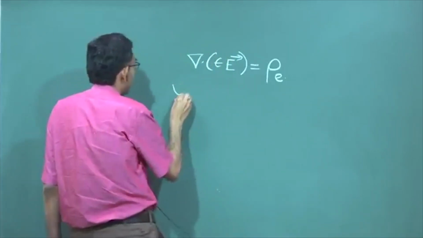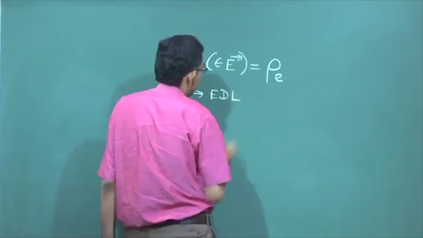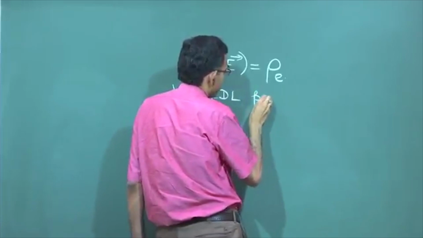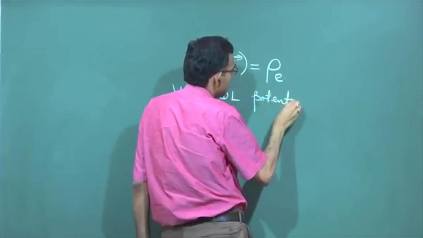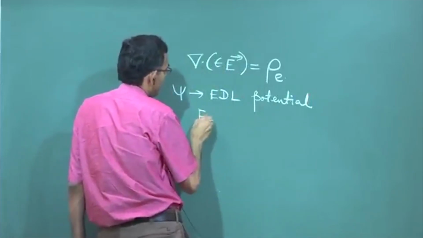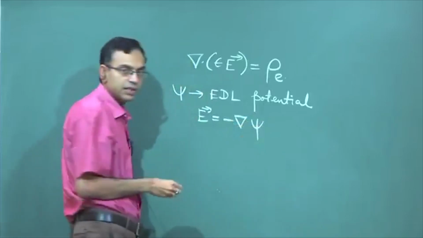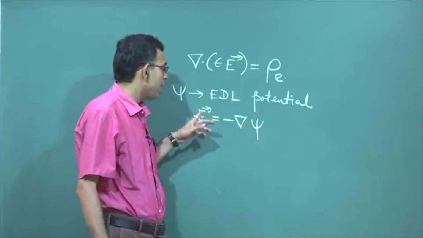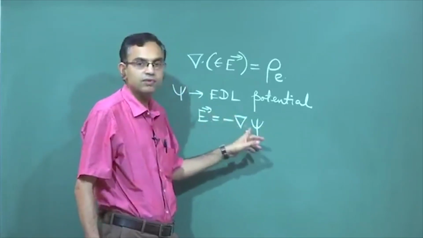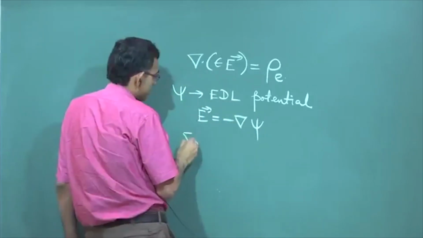So, let us say psi is the potential across the electrical double layer. So, E is equal to minus grad psi. This is the definition of electric field. It is, by definition, minus the gradient of the electrical potential. So, it becomes